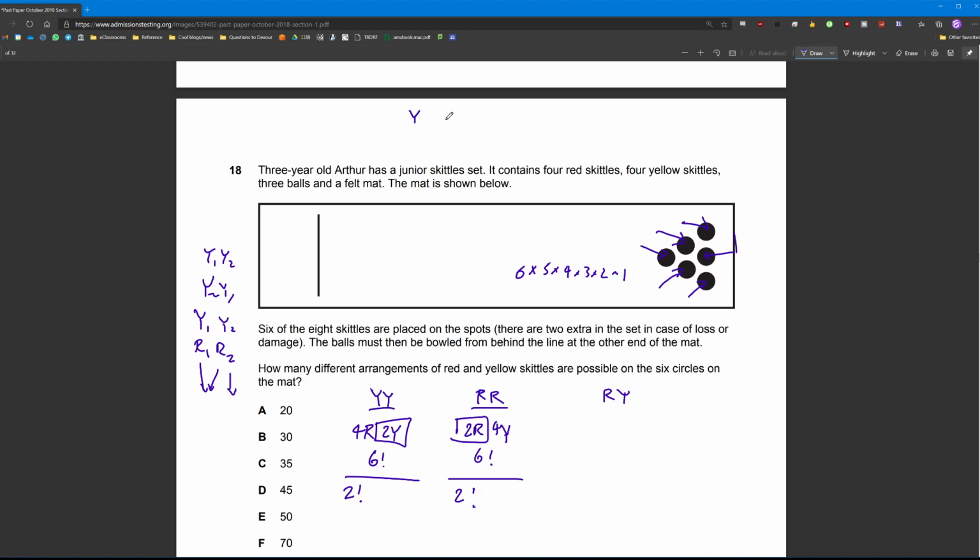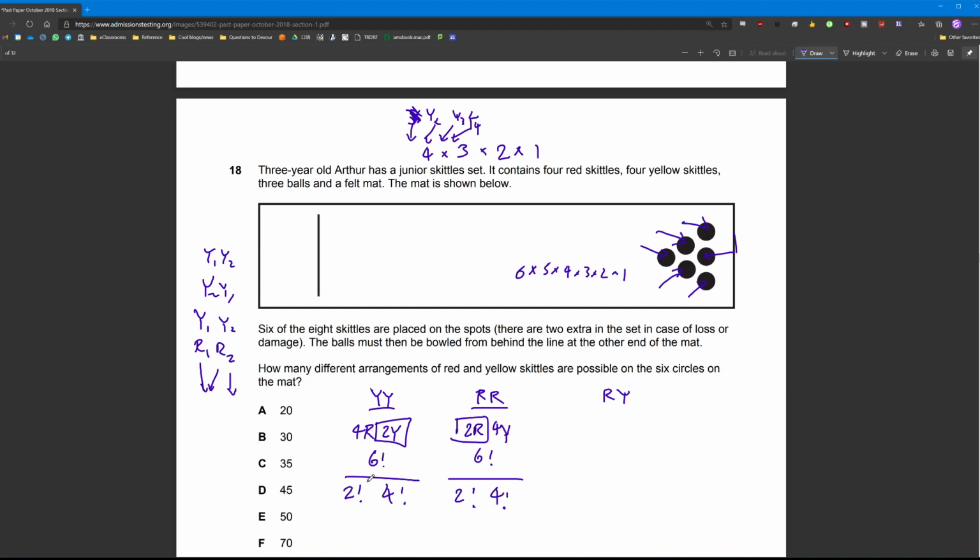If there were 4 yellow Skittles, for instance, Y1, Y2, Y3, Y4, and they were all unique, then there would be 24 ways to put them down in different orders by the same logic as we just worked out. You could put any of the 4 in the first slot, and for each of those possibilities, there are 3 possibilities for the second slot, because one of them has been used in the first slot. And then for each of those 12 possibilities of first and second Skittle, there are 2 Skittles remaining, one of which can become your third Skittle, and so on. So divide by 4 factorial